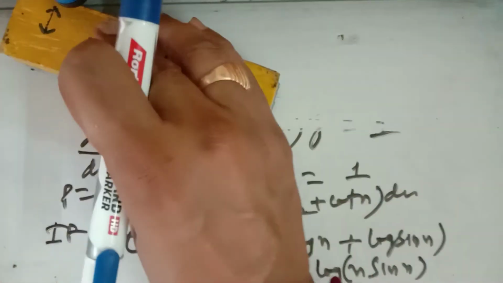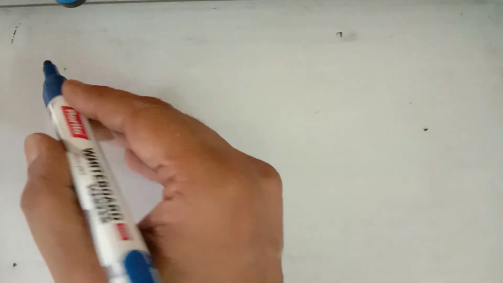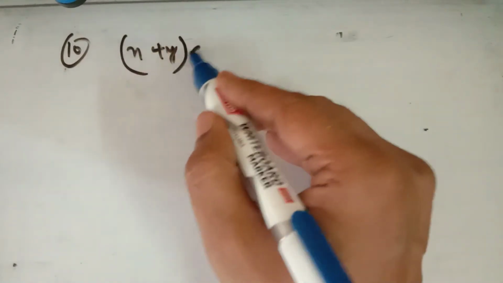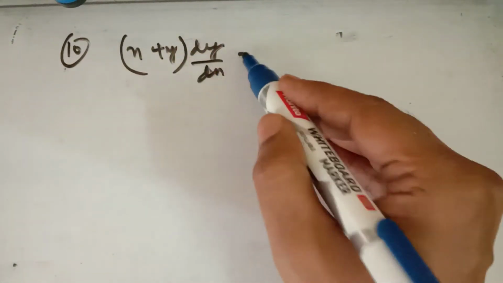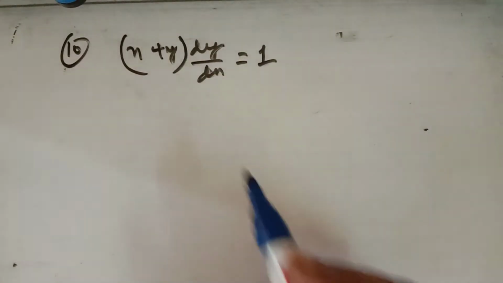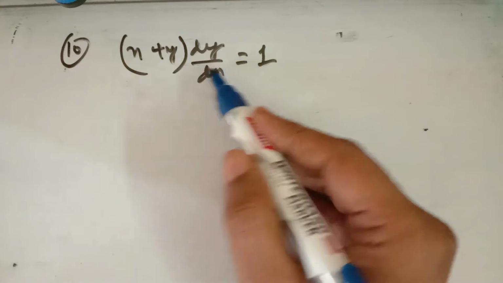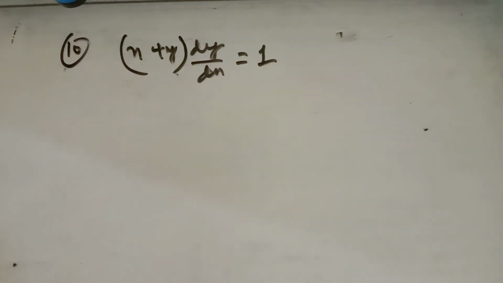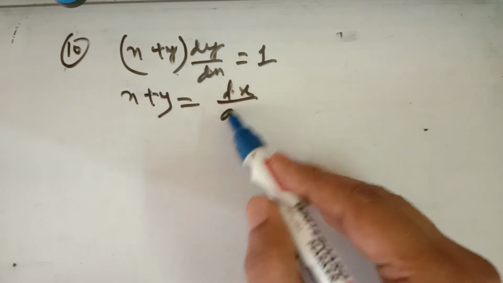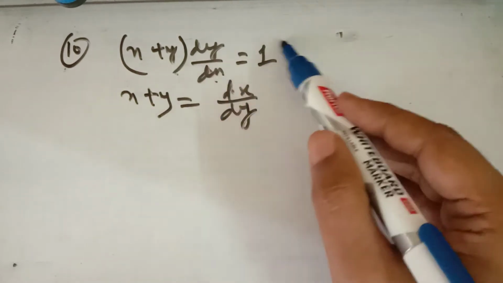Now in question number 10, 11 and 12, they are not the first type linear differential equation. They are the second type linear differential equation. How can you check it? Because here dy/dx is getting multiplied with y. Wherever you are getting dy/dx multiplied with y, it is not a first type linear differential equation. So you have to convert it into the second type linear differential equation, taking dx here, dy here.